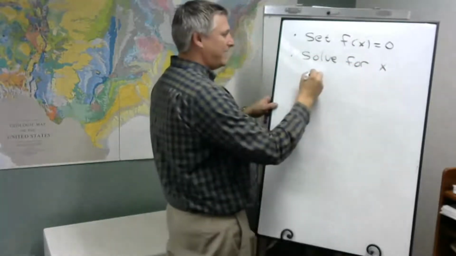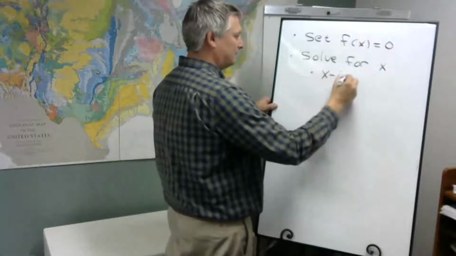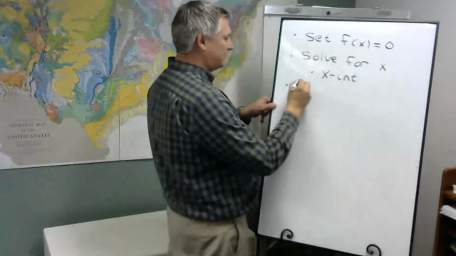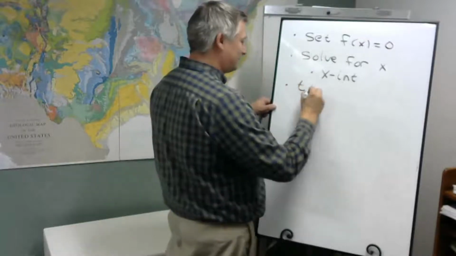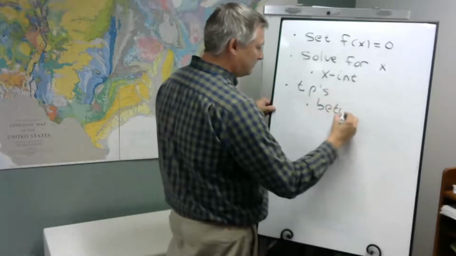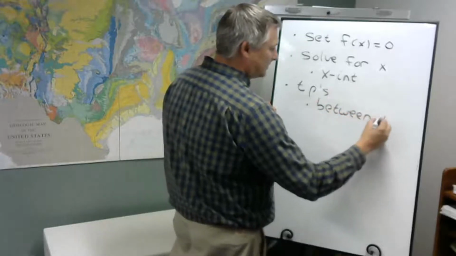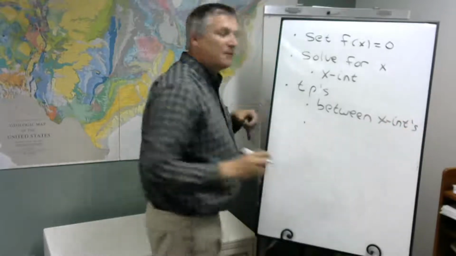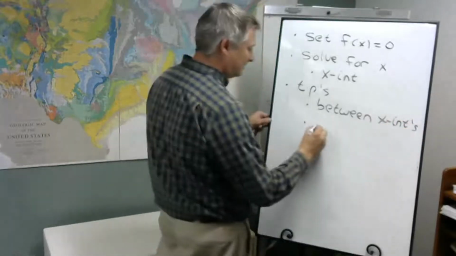And this will give us the x-intercepts. Then we'll choose test points. I'll call them TPs. We'll look between the x-intercepts and then on the far sides